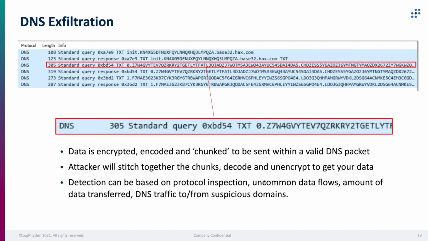Now, if we look at what this looks like over the network, in this particular case, we've got data that is being sent as a part of the TXT record, which this record type wasn't designed to hold data, and it's got a very limited amount of bytes that you can put in there, but it can hold data. And what would happen is an attacker would be able to send a file, but first they would typically encrypt it, so you can't see what the actual data is. Then they'll need to encode it and then break it down into chunks. But if those chunks are small enough, they could be fit within a valid DNS packet,